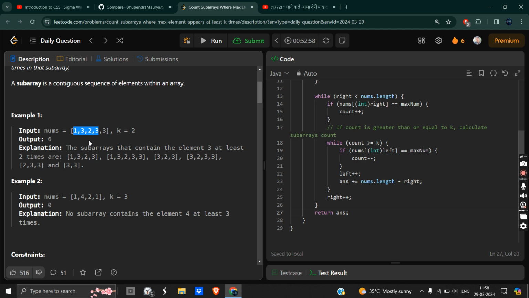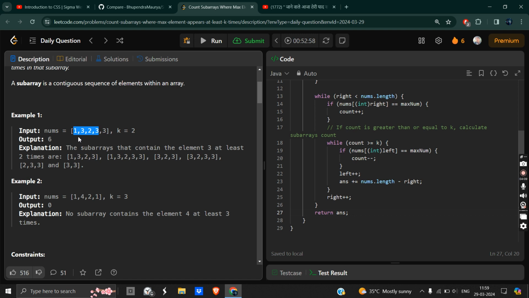When we have reached here, our count is greater than or equal to k, so now we have to count the answer. The answer would be the number of elements in the array, n, minus the right index. If we see, the length of this array is 5, so 5 minus 3 is 2. We will add 2 to our answer.